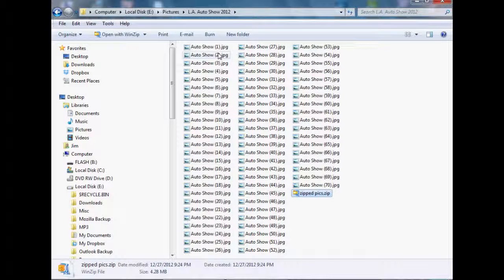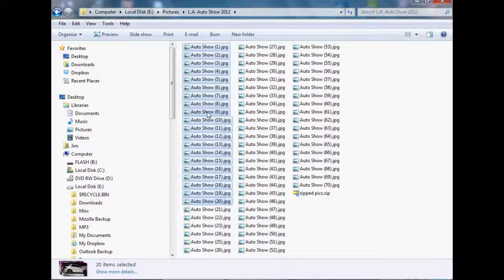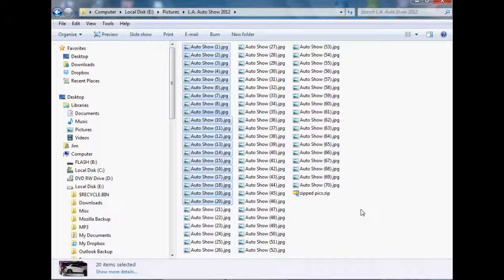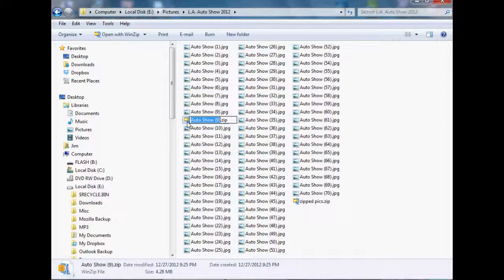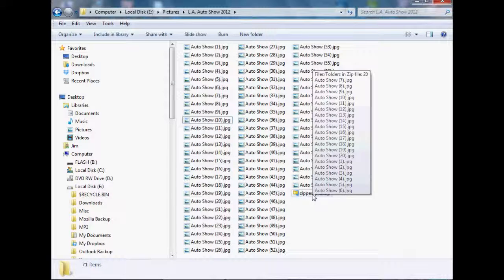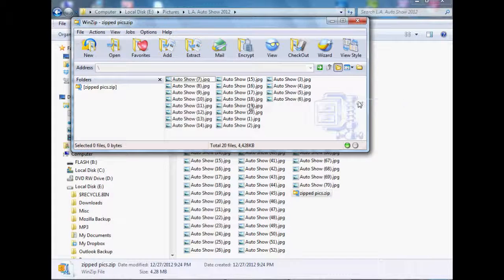And so I'll show you that again. So 1 through 20, and let's say I right clicked on auto show 9 and picked send to compressed folder. See, it would name that file by default. So we're going to get rid of this one. We don't want it. And so now you'll notice we have the zipped pics folder. If we open that up, you'll see that we have the 1 through 20 pictures in there, just like we